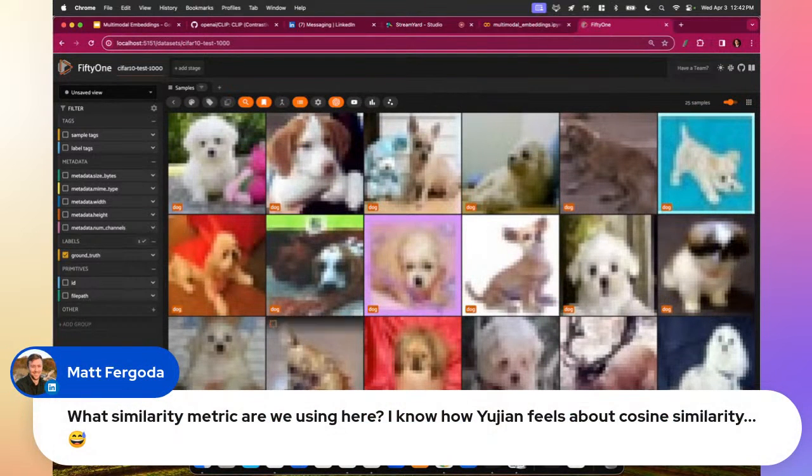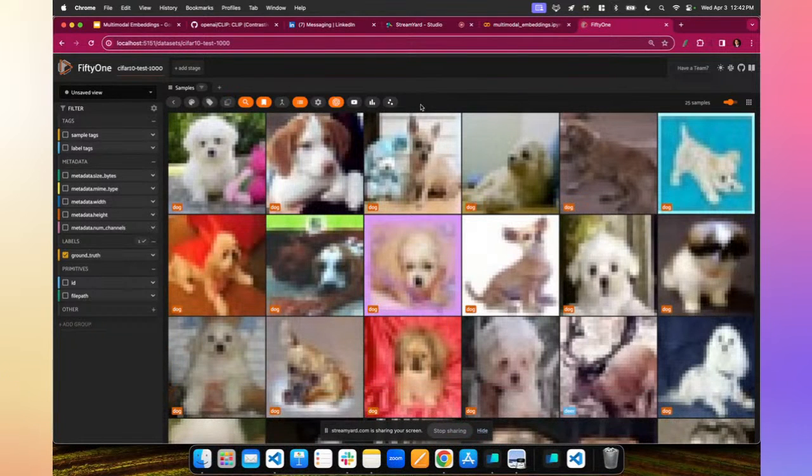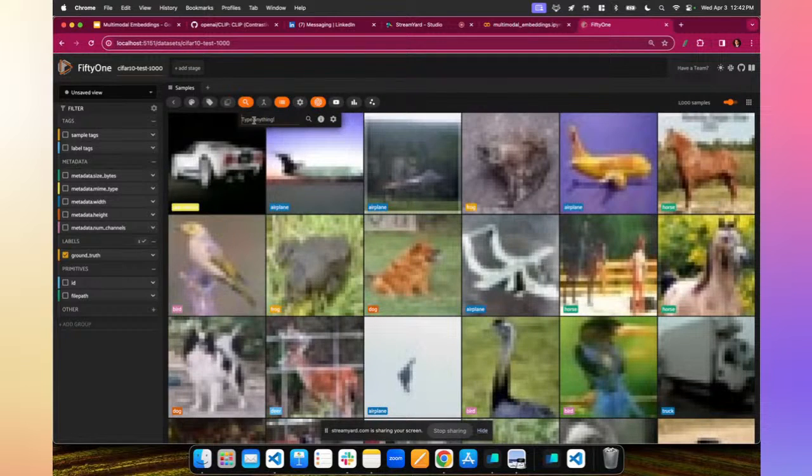Now, in the notebook, I have a couple of examples of queries that I think are fun to try. So if you type something like, oh, before we get into this, someone has asked, what similarity metric are we using here? Yeah, so I believe the default here is cosine. I know that recently there have been some subtleties put out there into the world about whether cosine similarity is even capturing what you want it to capture.